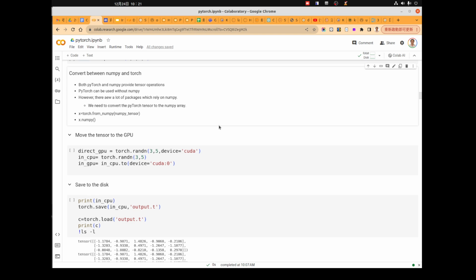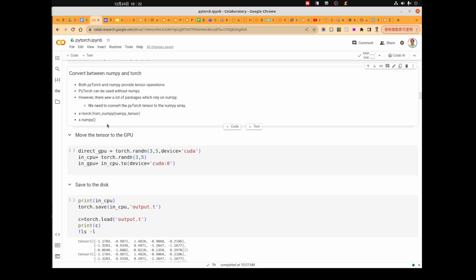If you write those things in PyTorch directly, it's doable, but it might not always be very convenient. So we often need to convert the data between PyTorch and NumPy, since NumPy is used by a lot of existing packages or modules right now. We need to do the conversion between the PyTorch tensor and the NumPy array.